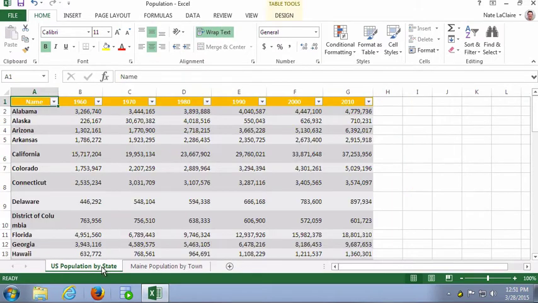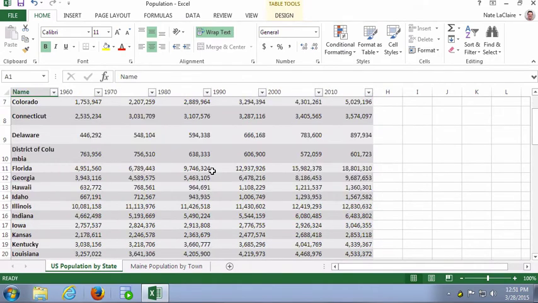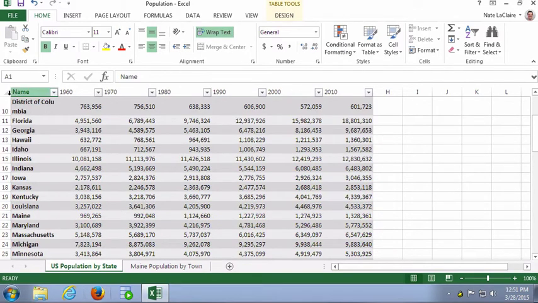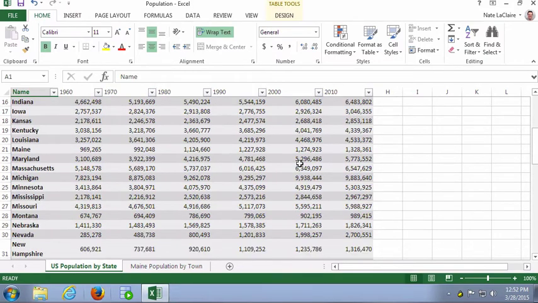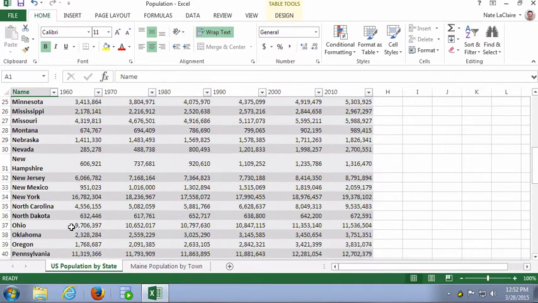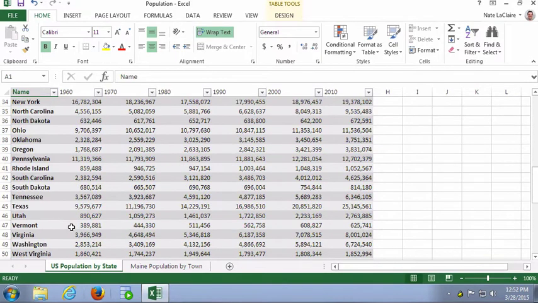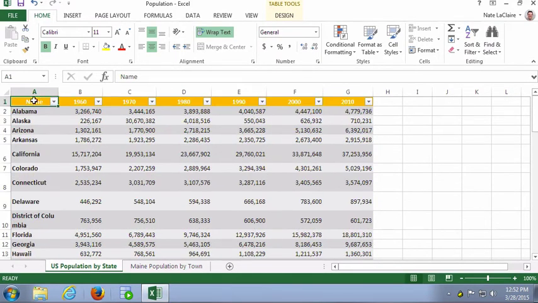But if we go back to the U.S. population by state worksheet and we start to scroll down, you'll notice immediately once your header row is missing, the column headings get replaced with the header row. So instead of seeing ABC, we now see name, 1960, and 1970. It makes it much easier to read long tables of information. You'll also notice the header row is nicely formatted,